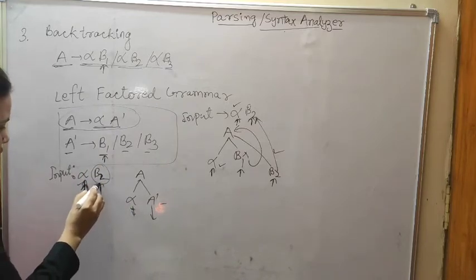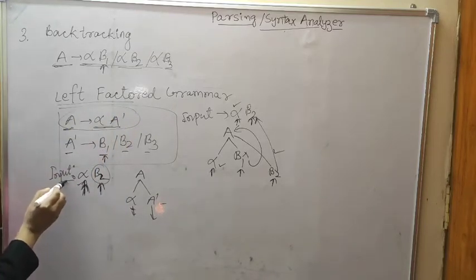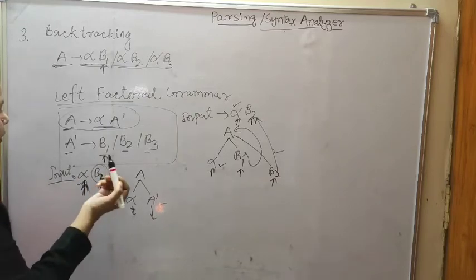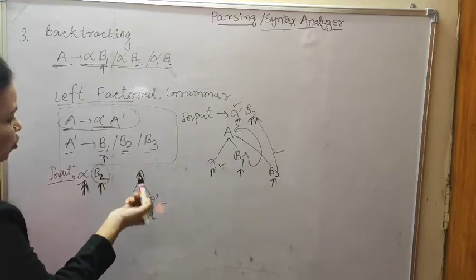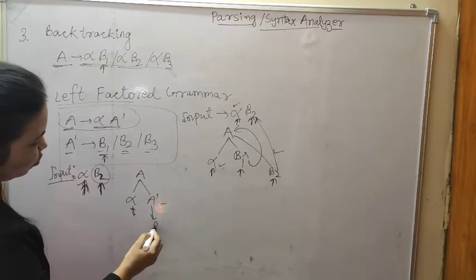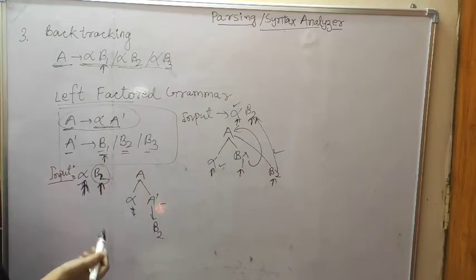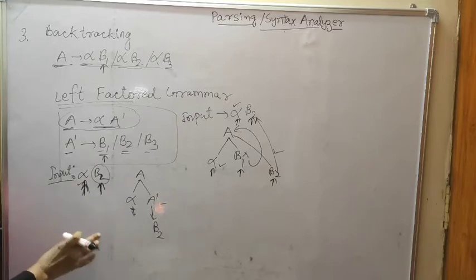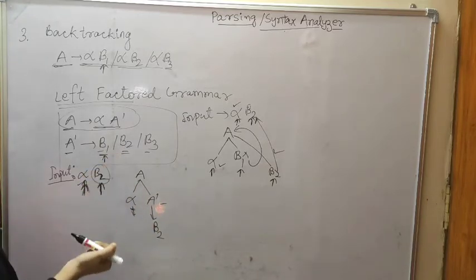So now in the left factor method, it first looks at the input pointer. Okay, beta 2 is given. So now here we will check: beta 1 is given, no; beta 2, yes. So then A dash to beta 2 we will write. So this is the left factor grammar. In left factor grammar, first look at the input pointer and then we go for the next point, and afterwards we will match it.